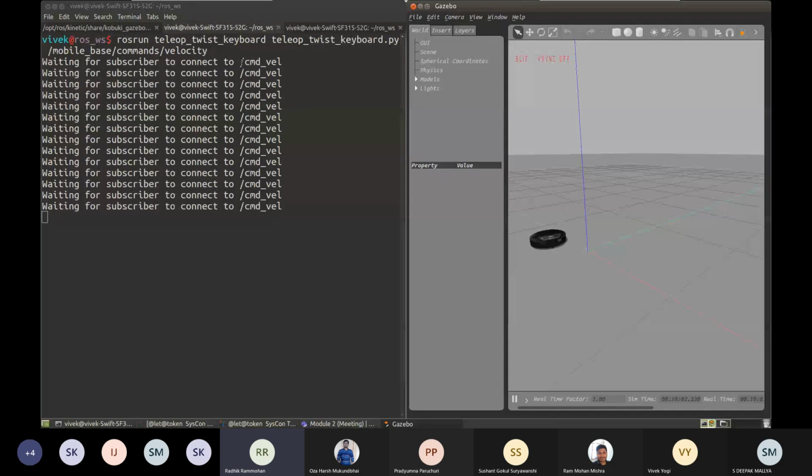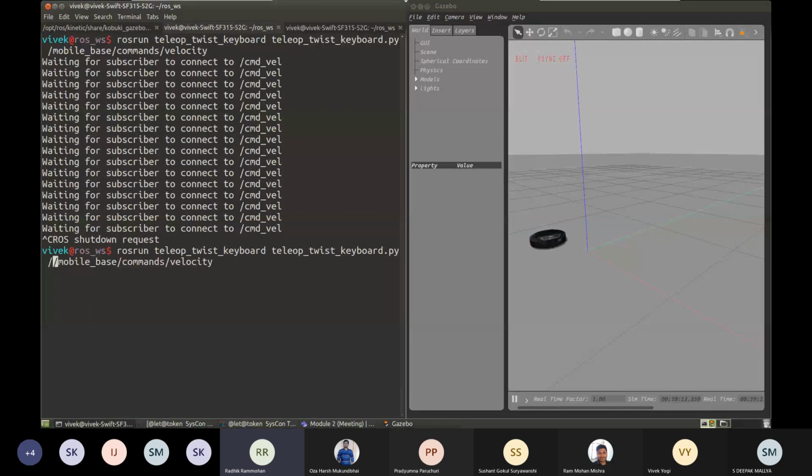So to fix it, let us just do that again. We do the remapping, and it's a good question because I think this is another feature of ROS. We can do remapping in real time. Suppose I created a new node and I want to redirect my stream from the old node to the new node. This will help me redirect the message. Earlier the message was going to cmd_vel, now the same message is going to the velocity topic. That's great.